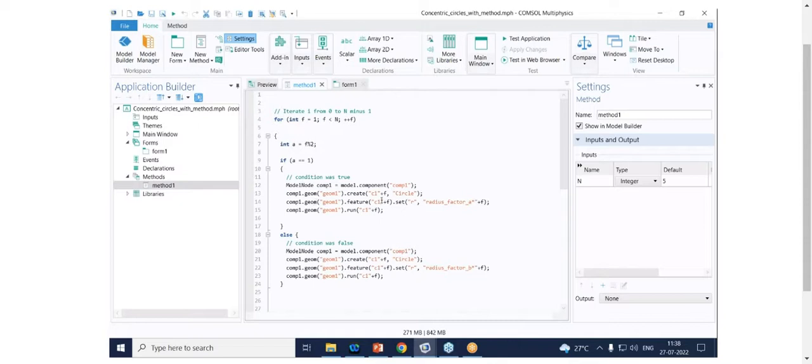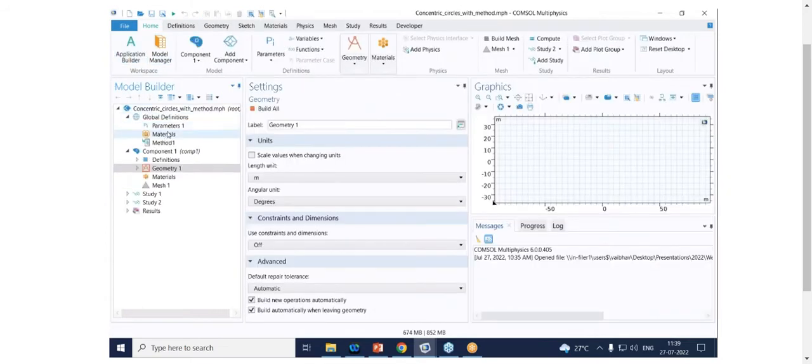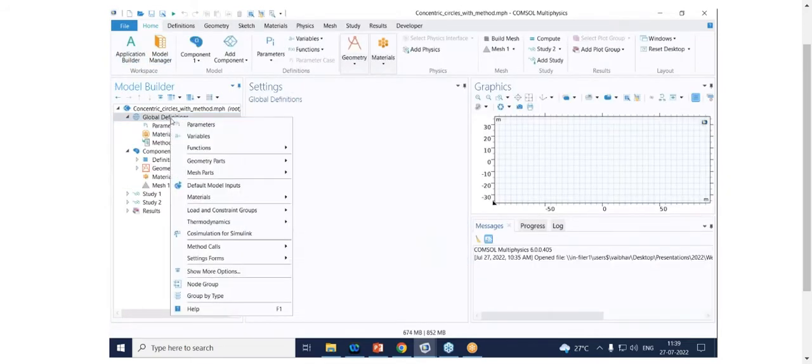And here I'm creating the circle c1 with the radius as radius factor A in condition 1, and in the else condition I'm creating the radius factor B circle. And that's how I have written my method 1 statement. Here I have also defined a default value for the number of circles that I'm interested in, that is 5. If I go to the model builder, under the global definitions you will find